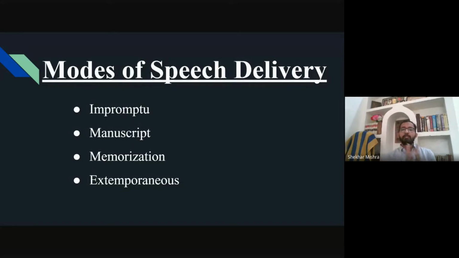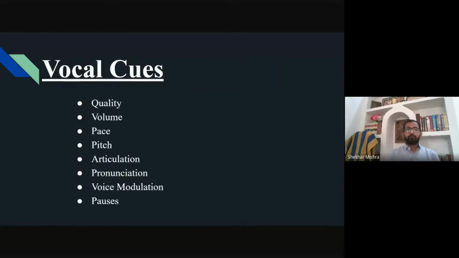That's why extemporaneous is the way which is most preferred, and apart from preferring, you can say people like it the most. So extemporaneous is the way of speech you can always prefer and can be prepared for. Now, in the last slides, we have decided what could be the most preferred way of speaking, how to prepare the speech and its outline, how to specify the content of the speech according to the situation. These were the last three slides.